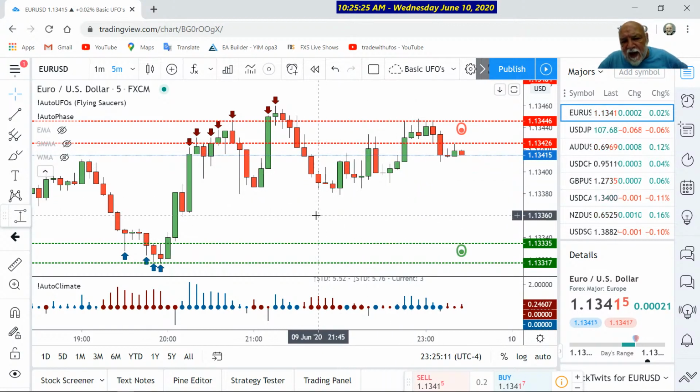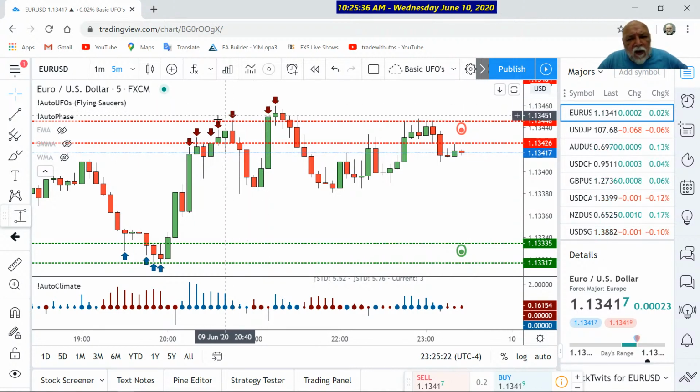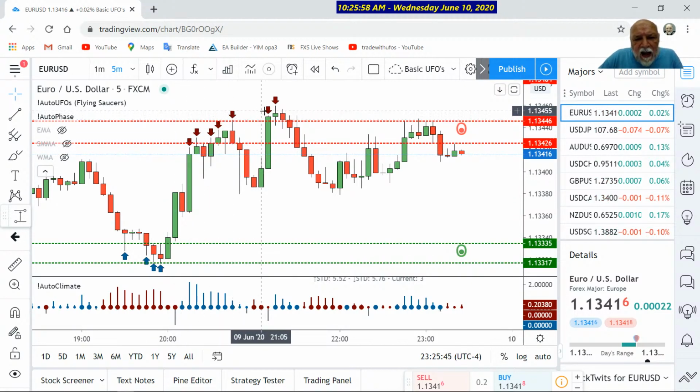Ivory sent me the email and asked me about the auto phase arrows. You see these dark red or brown down arrows? The auto phase is an algorithm that anticipates that there will be a change in direction. Okay, it is not a trigger. It is not a trigger to go ahead and take a trade. It's an anticipation, and the auto phase must be confirmed in order for it to be